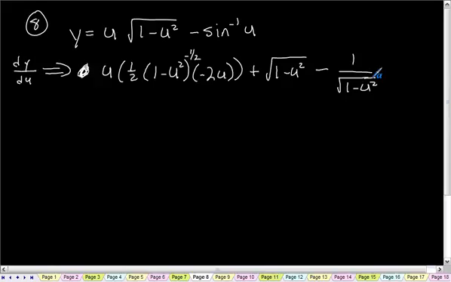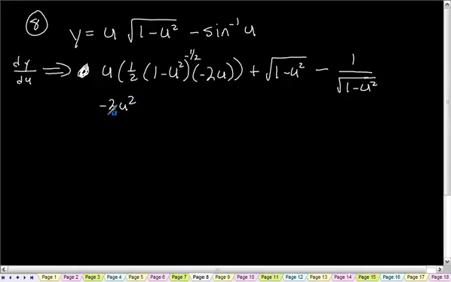It looks like we may be able to simplify a few things. If we simplify here, because we're just multiplying across, this u and this u come out to u squared. The negative 2 I can multiply in the beginning,